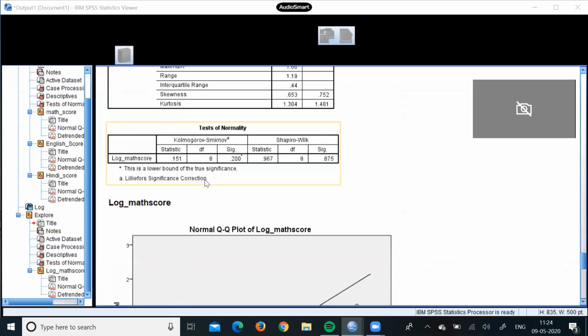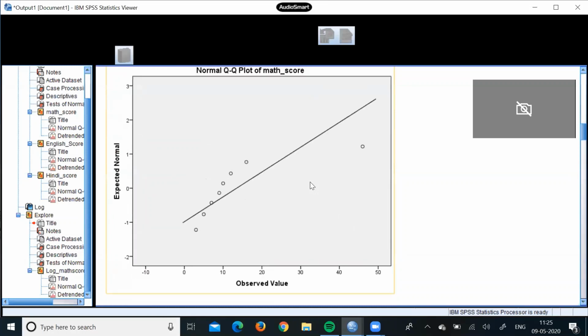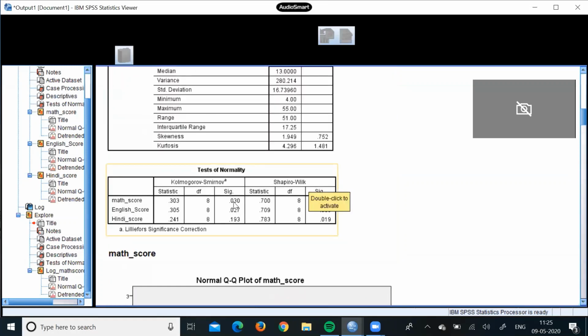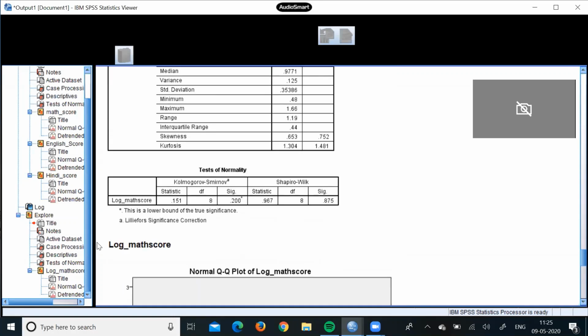So here we will see that the log underscore math score is normally distributed, because the significance value is 0.200 for the KS test, and for the SW test the significance value has also changed. Initially, in the math score, the significance values were 0.03 and 0.002, but when we take the logarithm, the significance value changes to 0.20, which means for both the tests the p value is greater than 0.05.